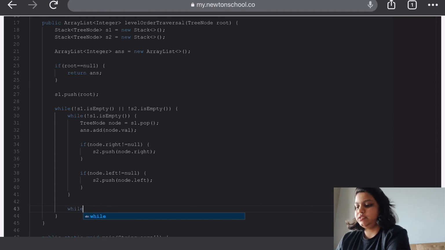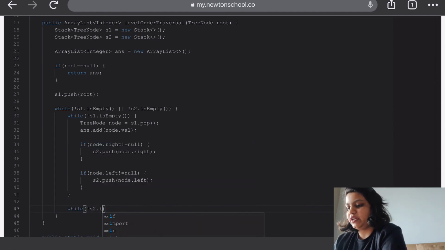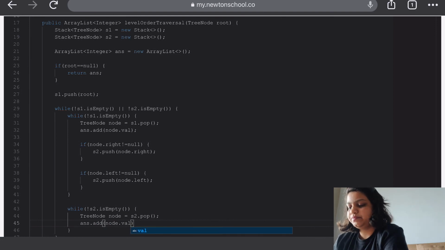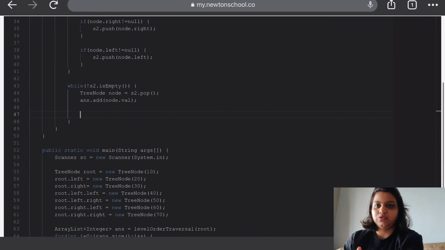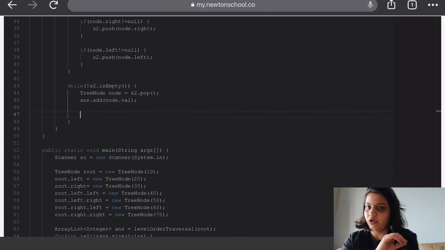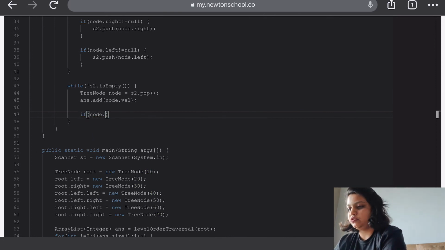And that is it. Similarly, we check if our S2 is not empty. In that scenario also, we first pop the element and add that in our answer. The children of S2 will go into the R to L model, so we first check if the left child is not null, and push that.